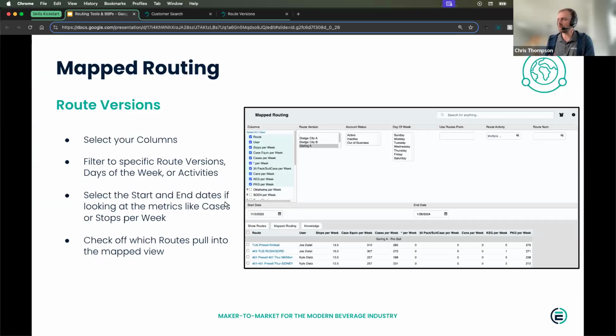So this gives you a breakout of what this looks like to begin with, kind of like a normal report that you would see within Encompass. You can bring in any columns that you choose to. This allows you to also work on active or inactive route versions. And then you can also choose specific days a week or routing activities. And then once you're satisfied with what you pulled back into your report view, you can click show routes, and